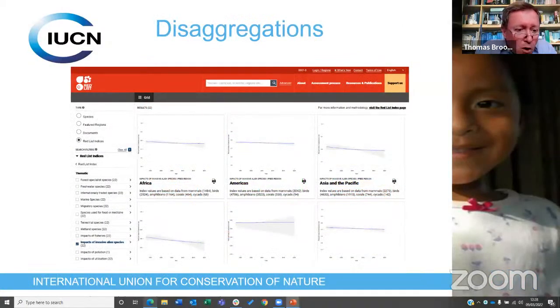The last point that we were asked to address was that of disaggregation. I've already talked about geographic disaggregations, so I'll focus here on thematic disaggregations. The fact that the Red List incorporates required thematic documentation associated to Red List assessments allows for the generation of numerous additional policy relevant disaggregations.